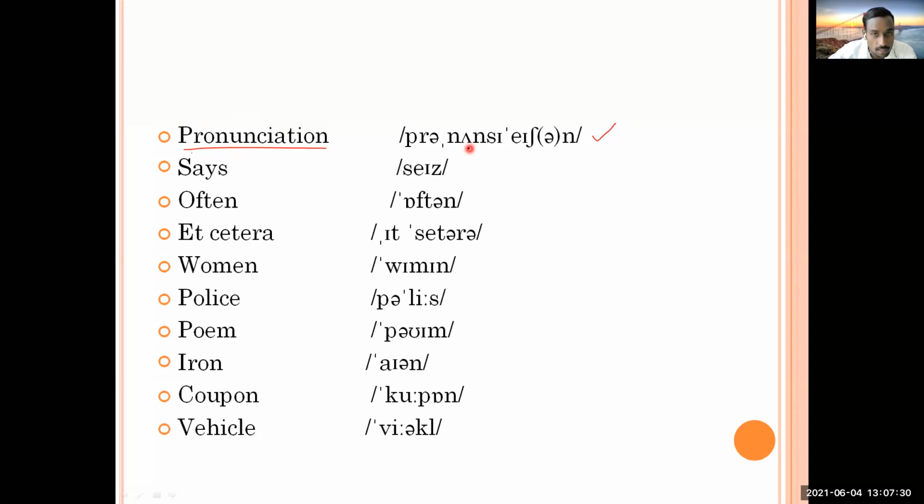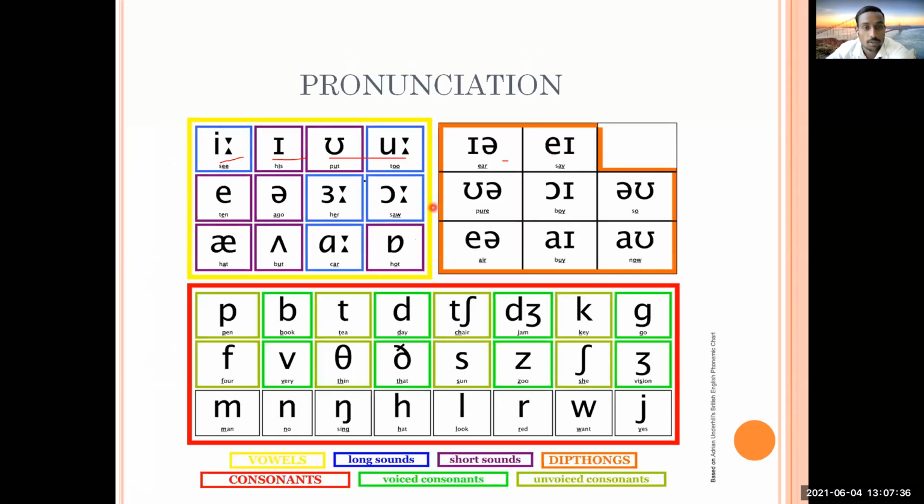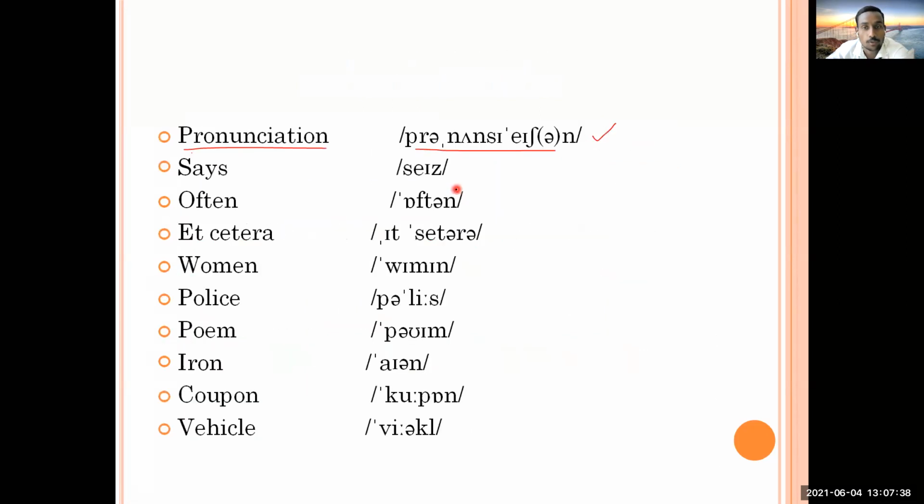Then are you able to read it? Because I think you should be able to read it. If you are clear with this chart, then you should be in a position to read this, because in the dictionary you'll find pronunciation given in this way. So you have to understand this is pronunciation. So how do you pronounce it? It is pronunciation and not pronunciation. Then how will you read it? How will you pronounce it?